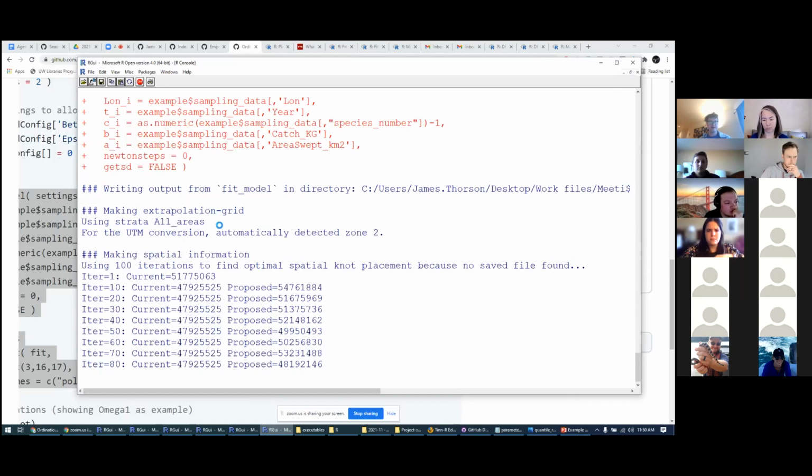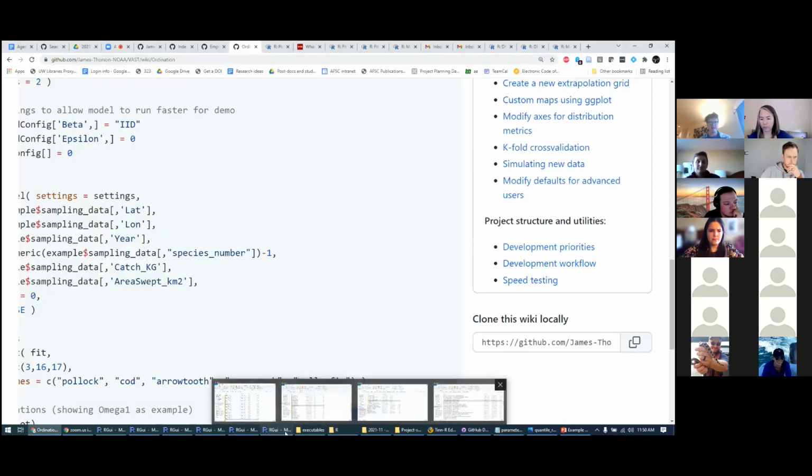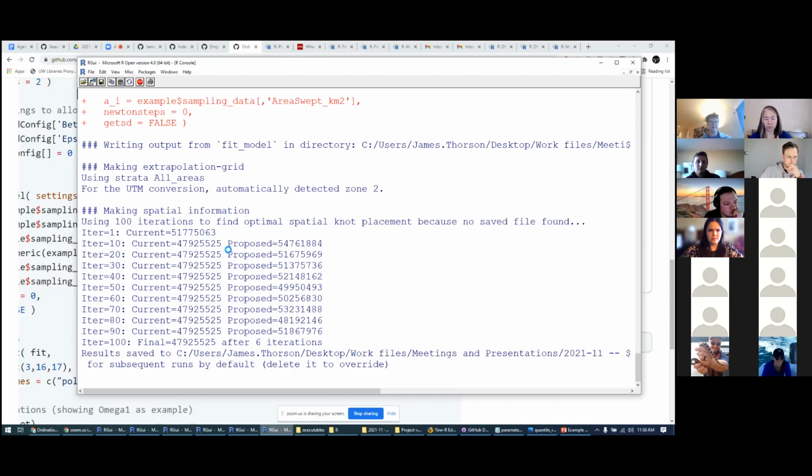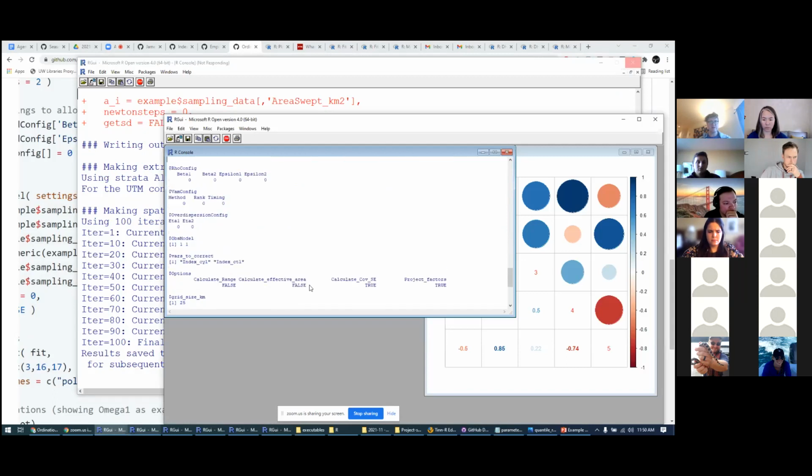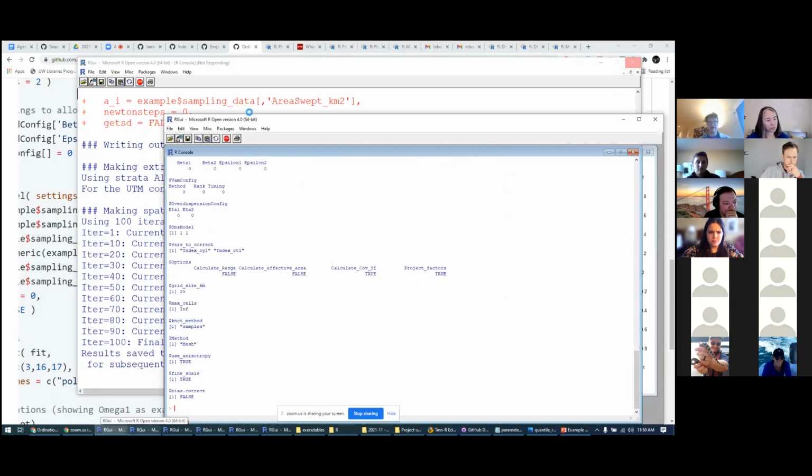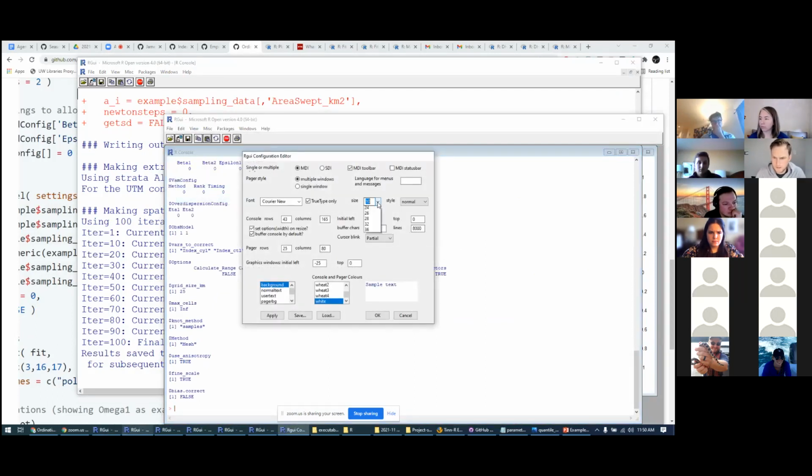It's not reducing the extrapolation grid in this case because of some difference in settings, which don't really matter for our purposes. And then it's finding out where to put 100 knots, which it did quickly, and then it'll keep doing other stuff. We don't need to look at it. So the output, if you run that whole thing later, cooking show style,